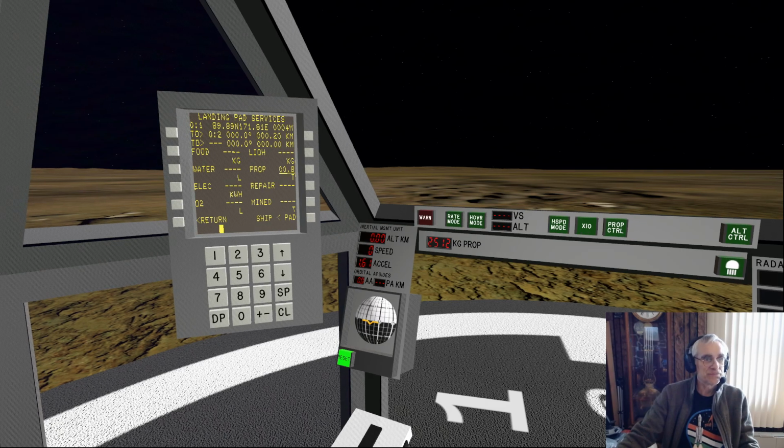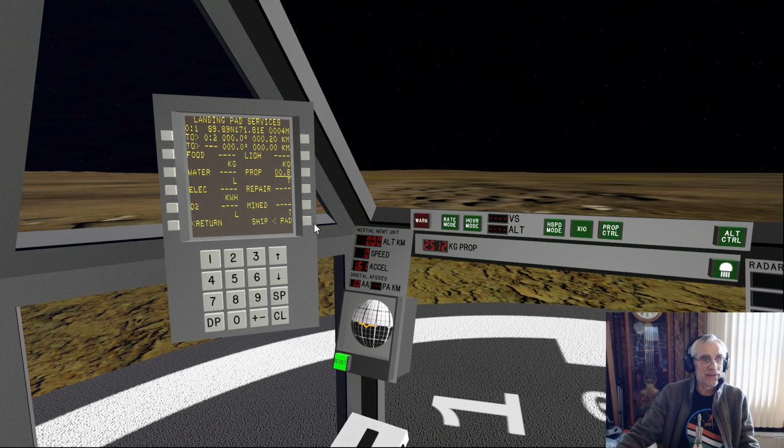Call that good. I can also move propellant in the other direction if I do shift to pad and press this button. I'm going to offload propellant and put it onto the pad. So it's kind of neat. You can actually pick up propellant in one place and bring it somewhere else and stockpile it if you need to do that.